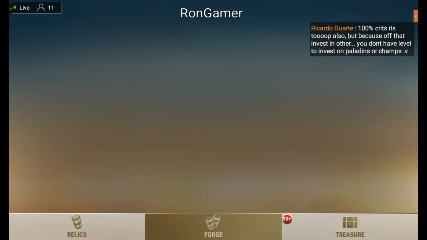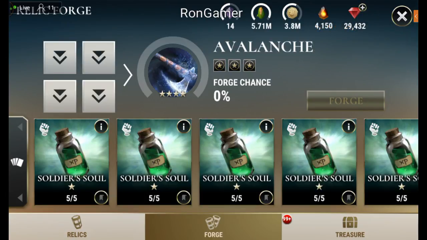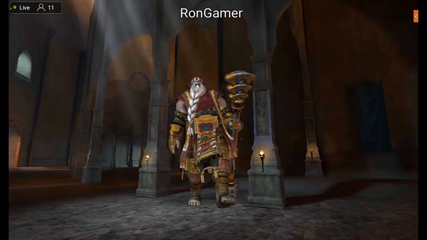Ricardo says 100% critical. It's troop also, but because of that, invest in other things, you don't have levels to invest on paladins or champs. Evolve the new titan or the Toland. My Toland will be 60 tomorrow. Wow, man. Ricardo, that's wicked, man. My Toland is level 10. He's a baby, and what I'll get him